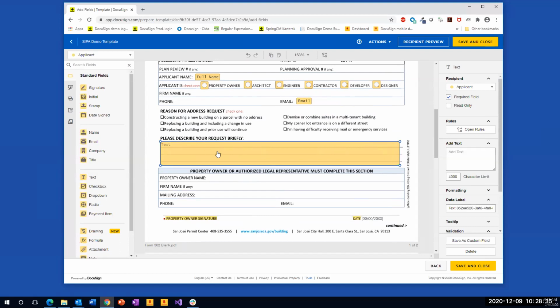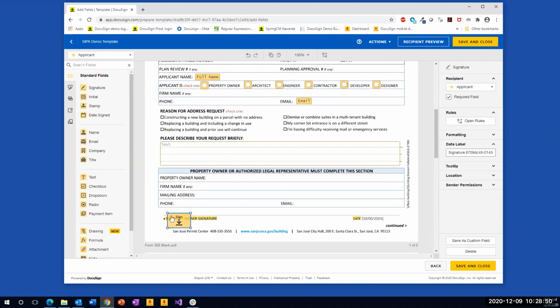You can also make this optional. So on the right-hand side, you can uncheck this particular checkbox, and now entering a description is an optional item. All right. And now there is a signature tab that should go here, so I can do this. And this is another thing to watch out for when you are designing forms with DocuSign for your organization.